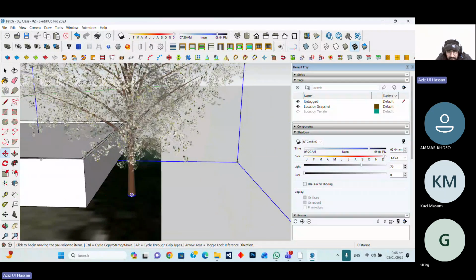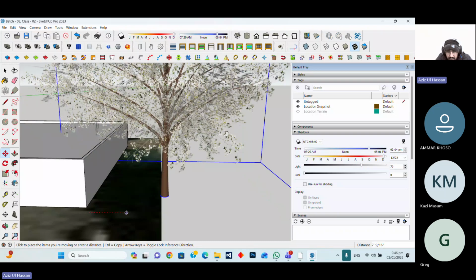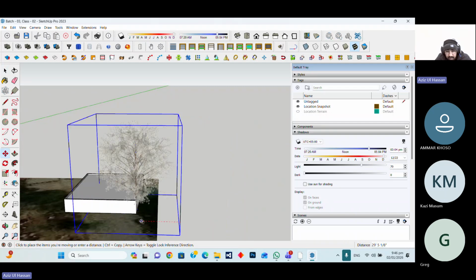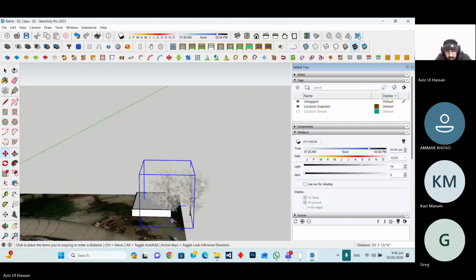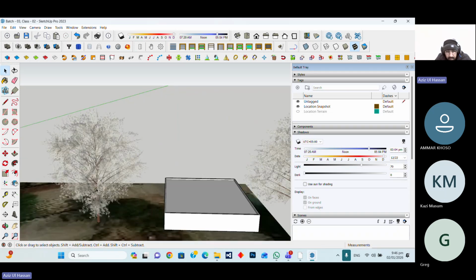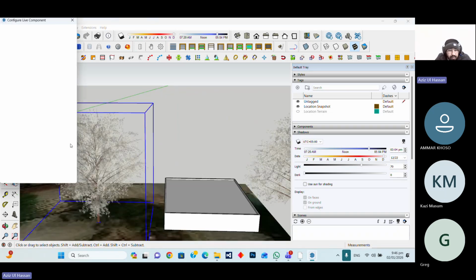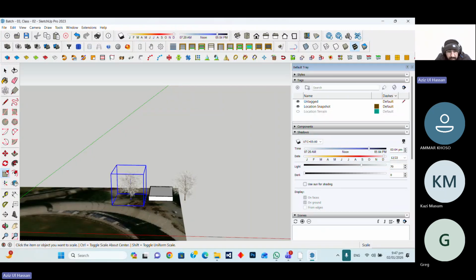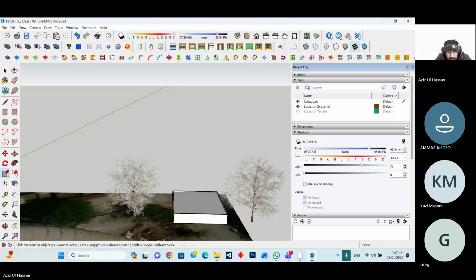Like we have placed that, here we just assume that this is the location of the trees, and this is also any other tree available on the opposite side. Okay, and then the configuration. Now if you want to increase the height as per the requirement,